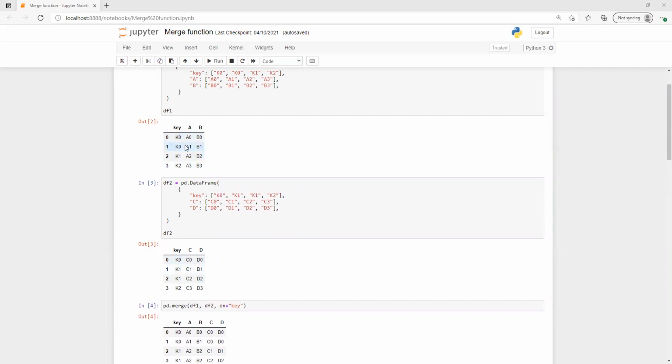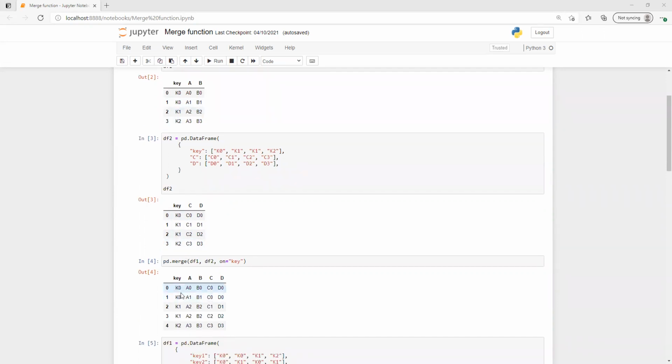There's again one more k0 with a1 b1, but here k0 c0 d0 will be joined with this as well. Then k1, we have k1 with c1 d1, again with a2 b2, again c2 d2 will be with a2 b2, and k2 with c3 d3.